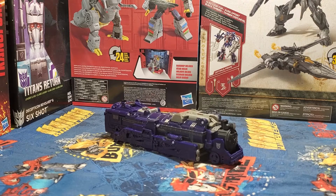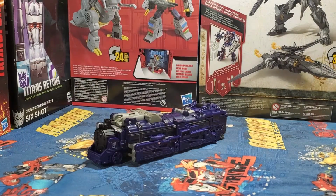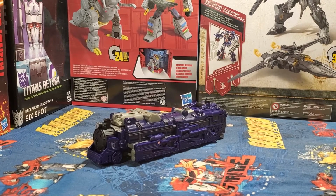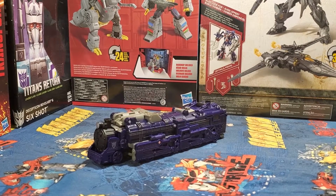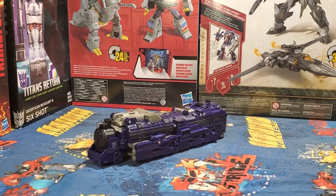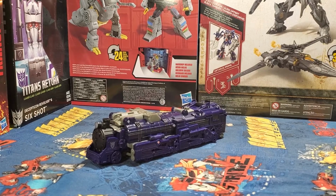Anywho, so this is Leader Class Astro-train. And when I first got this, I was pretty excited. I thought, hooray, I finally have me an Astro-train. I apologize for the table shaking. Something underneath me was moving, so I had to fix that. But anywho,